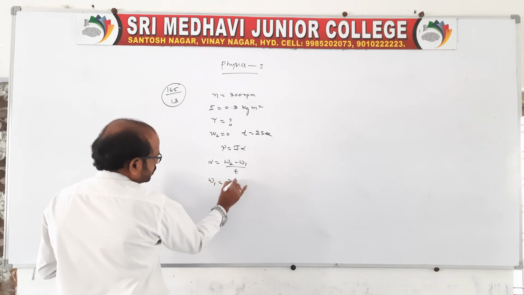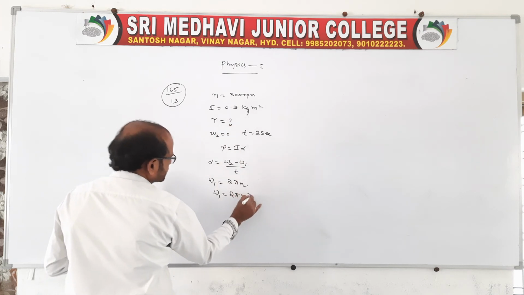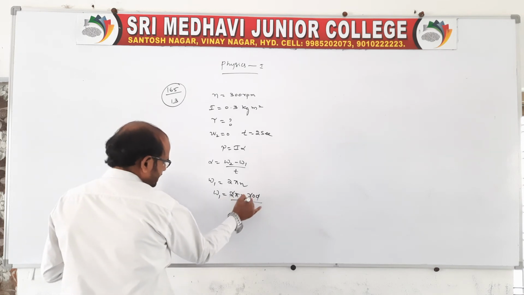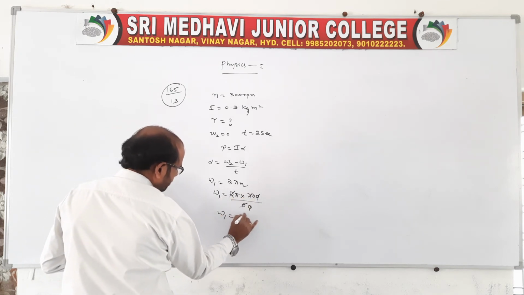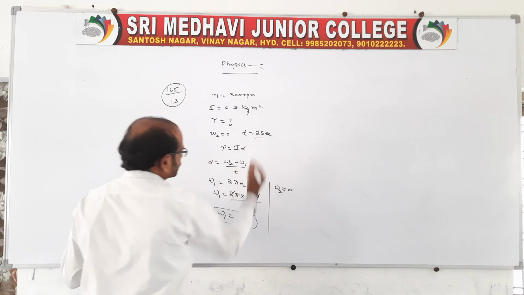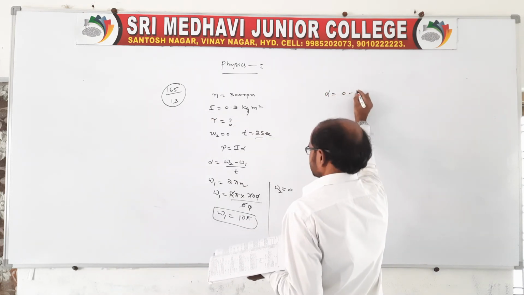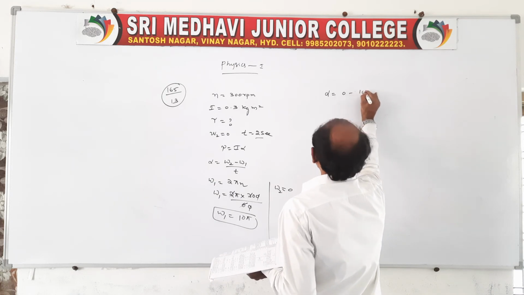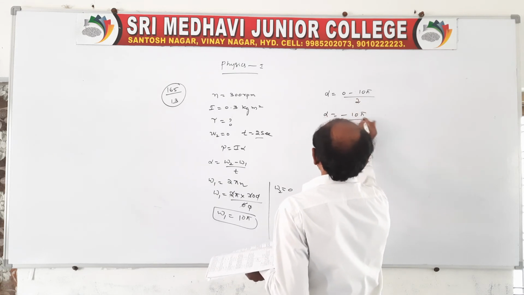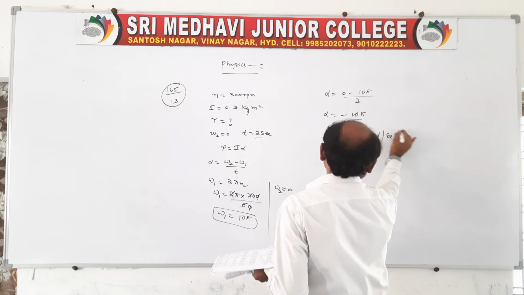Omega 1 is equal to 2 pi small n. So omega 1 is equal to 2 pi into n, the value given as 300 by 60. Zero cancels, 2, 6, 6. So omega 1 is equal to 10 pi. Of course omega 2, to bring it to rest, is 0 in a time of 2 seconds. So there you write the alpha value. Alpha is omega 2, which is 0, minus omega 1, which is 10 pi, by t, which is 2 seconds. Alpha is equal to minus 10 pi by 2. So alpha is equal to minus 5 pi radians per second square.